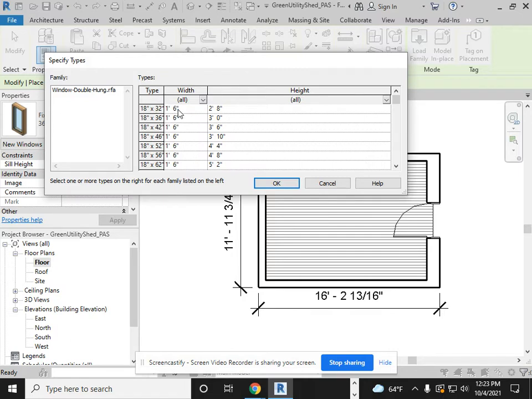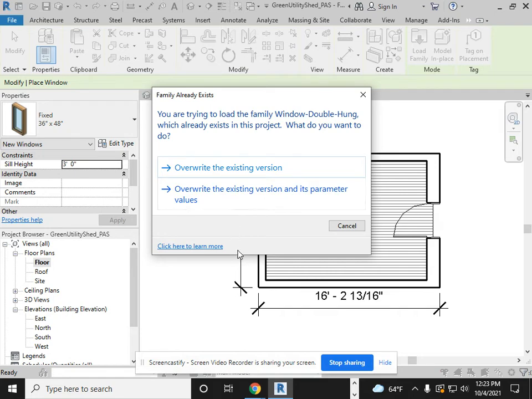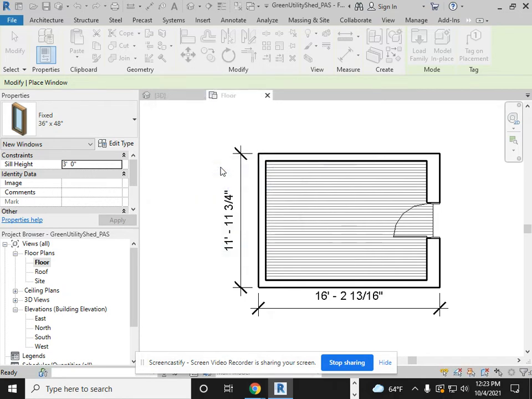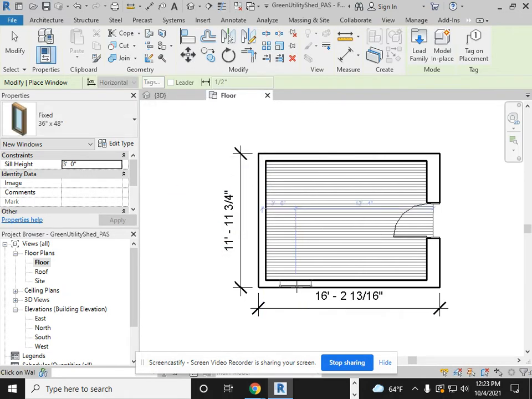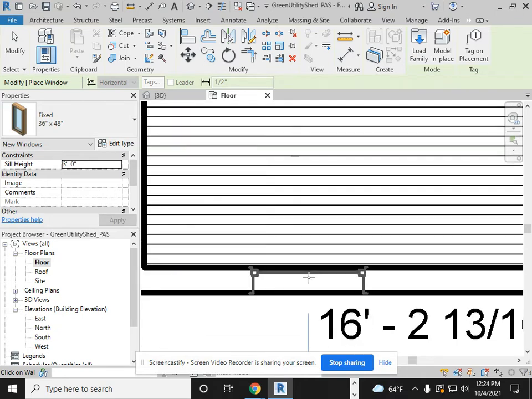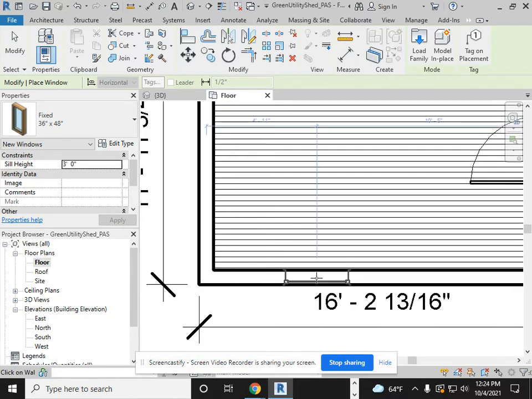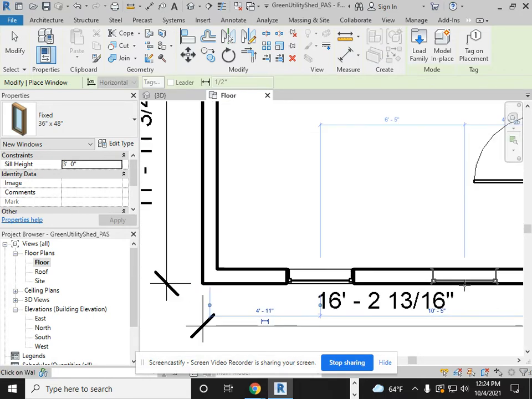That's why it says 1'6" to the right of that. And then the height is 2'8". This is a shed, so we're not going to put anything too fancy for windows in here. So I'm just going to click on that and say OK. And then if you get this message, I'm just going to say overwrite. And now on my actual shed wall,